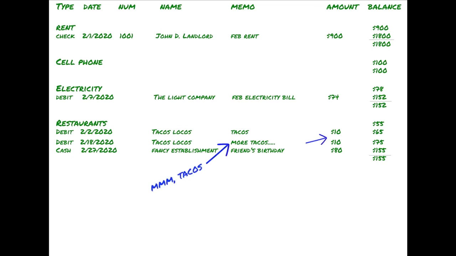You can see I got some pretty cheap tacos twice in February, but the big culprit that put me over the top was going to a place called Fancy Establishment for what appears to be my friend's birthday. Oops. To fully understand how I went over budget with restaurants, we go on to step 3 and look for the bill